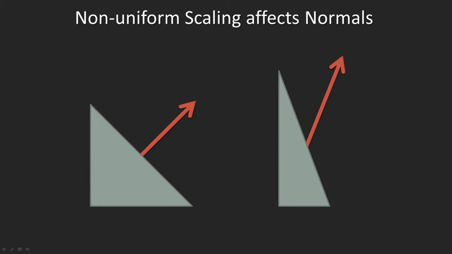Before we end, I want to talk about a potential problem involving normals and scaling. Right now we're passing the normal that comes from the vertex attributes onto the fragment shader. But there's a problem when you scale an object non-uniformly. That means you scale in one or two axes, but not in all three equally. We did that with the floor a few videos back,